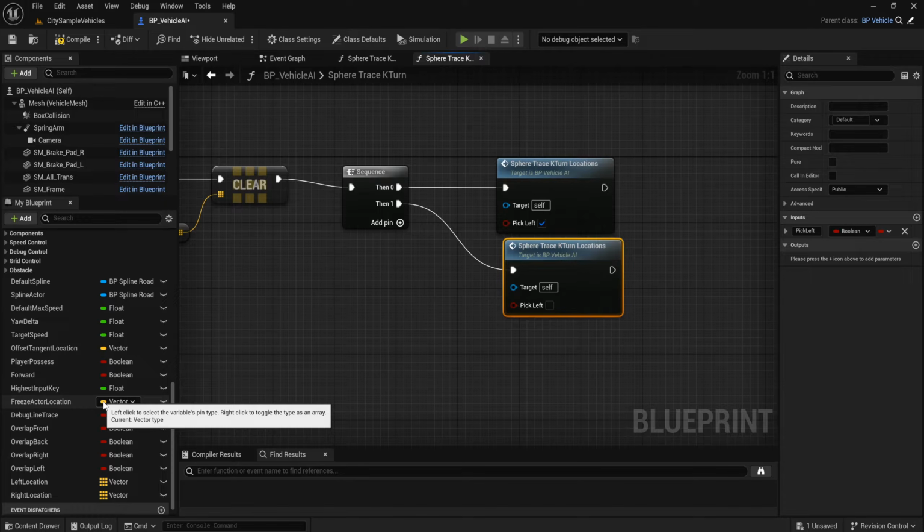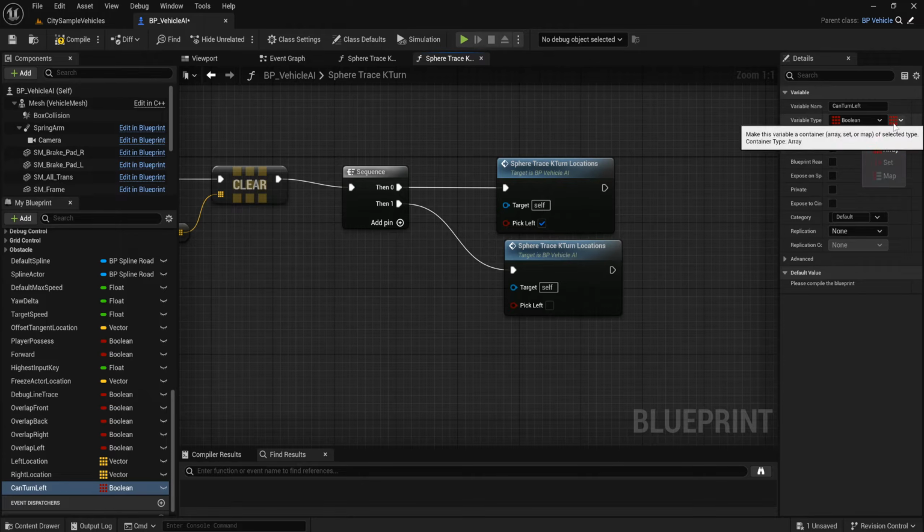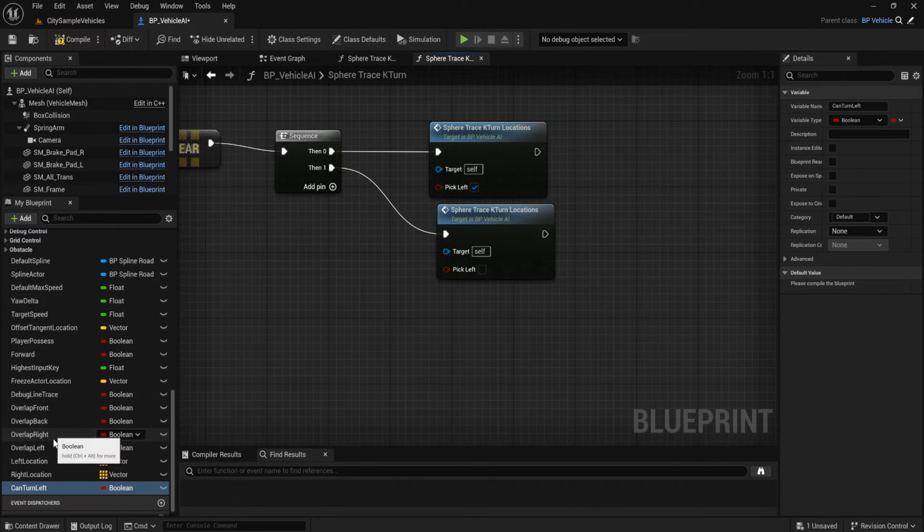Then add another variable, can turn left, Boolean, single, duplicate, can turn right,